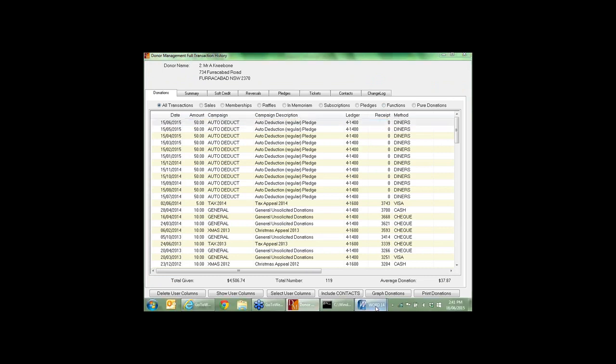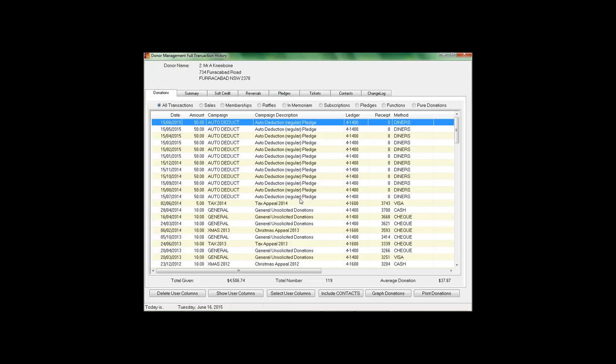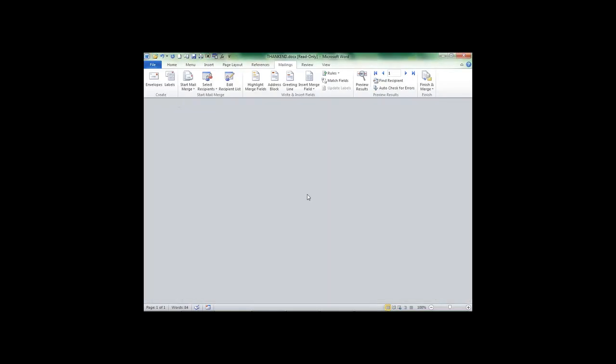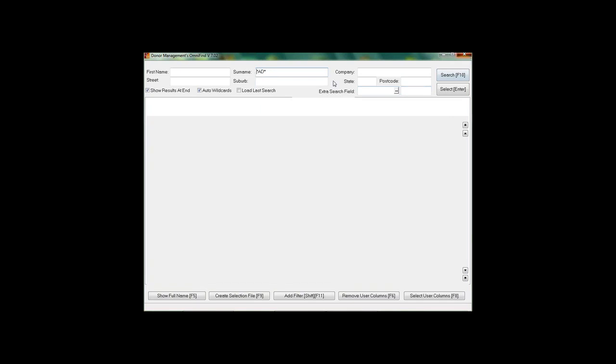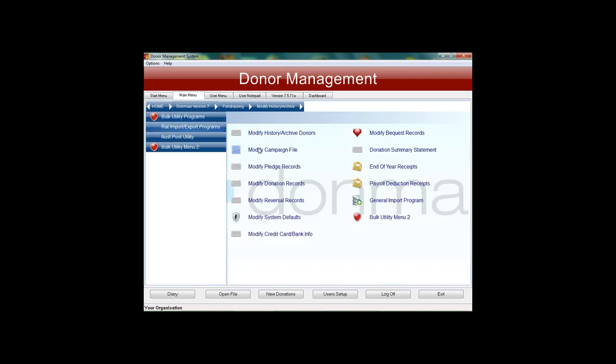So once I know that my test has actually worked, so everything's gone through and it merges fine, I can then save my thank you end document, say okay, my end of year receipt is complete. I can now go through and do a live run, knowing that the merge should work and there should be no problems. So I can close all that down. Probably a good idea after you do the end of year receipt run to actually go and check one or a few of the donors and just make sure that the receipt number has been allocated. If not, it means that somewhere in the process we've done the test run, we haven't done the live run. So if I go back to my Modify History Archive menu, end of year receipts,